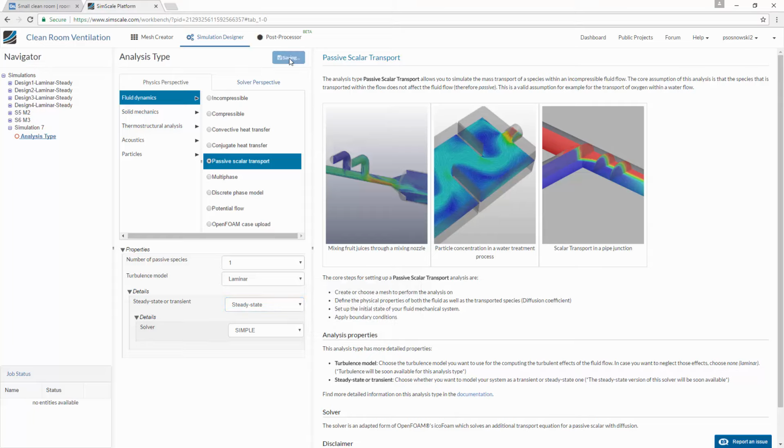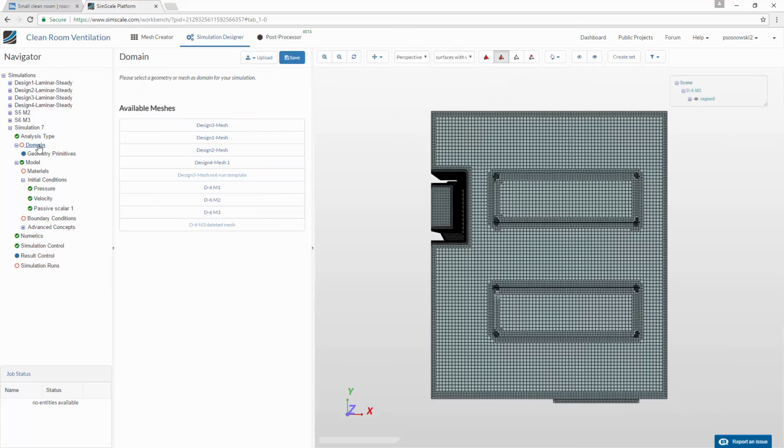Two things will happen after that. First of all, the changes that I've done are saved on the platform, meaning that I can switch off the computer, I can travel to Brazil, US, China, anywhere that I can get an internet connection and start simulating from this point on. Second of all, we have a navigation tree appearing with a template for the simulation, where now we will simply go from top to the bottom of this tree, entering every property and setting up the simulation to run. So the first step would be to choose the analysis type,